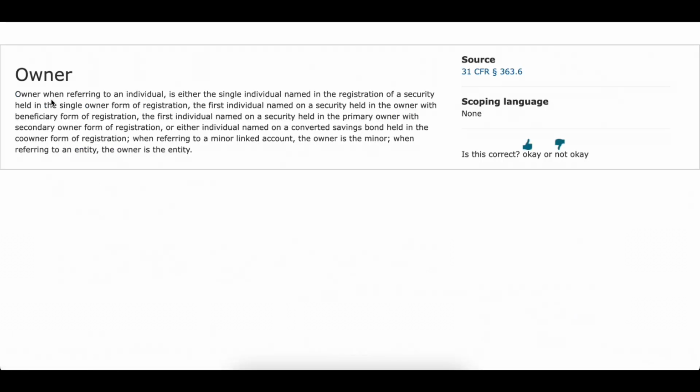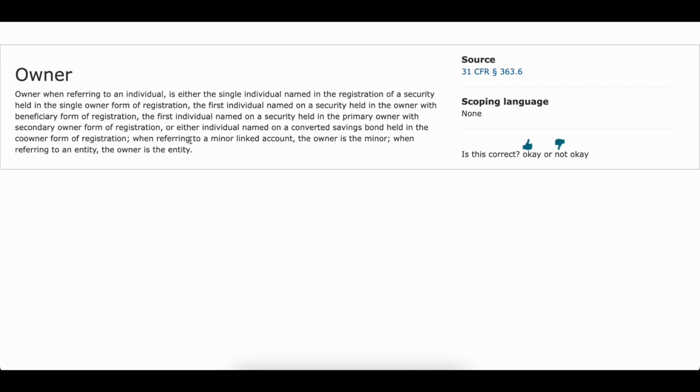The owner, when referred to an individual, is either the single individual named in the registration of the security held in the single owner form of registration, the first individual named on the security held in the owner with beneficiary form of registration, the first individual named on a security held in the primary owner with secondary owner form of registration, or either individual named on a converted savings bond held in the co-owner form of registration.